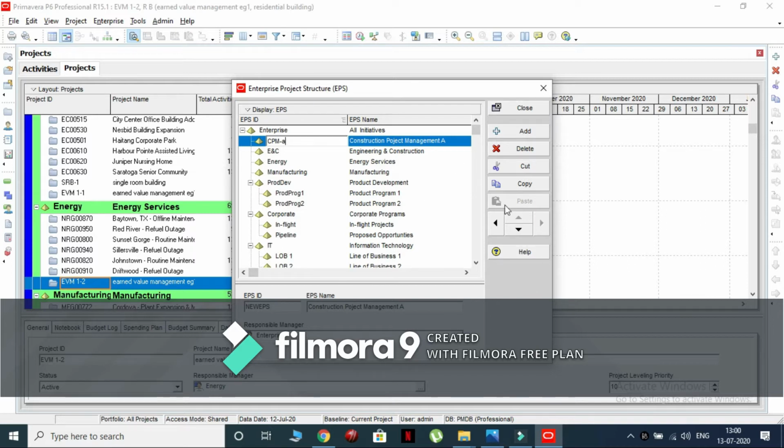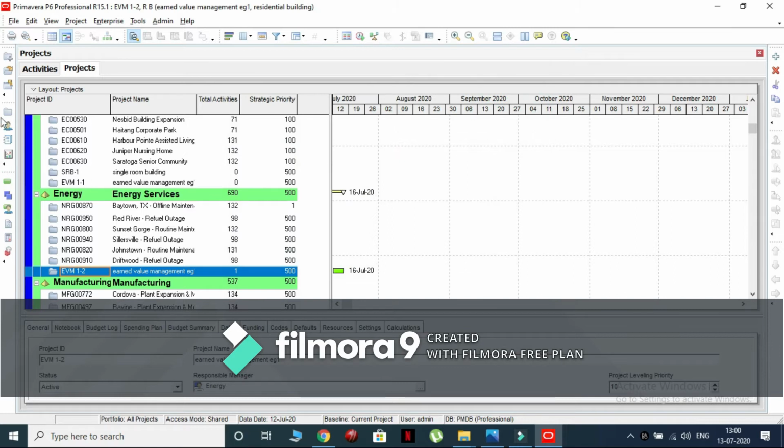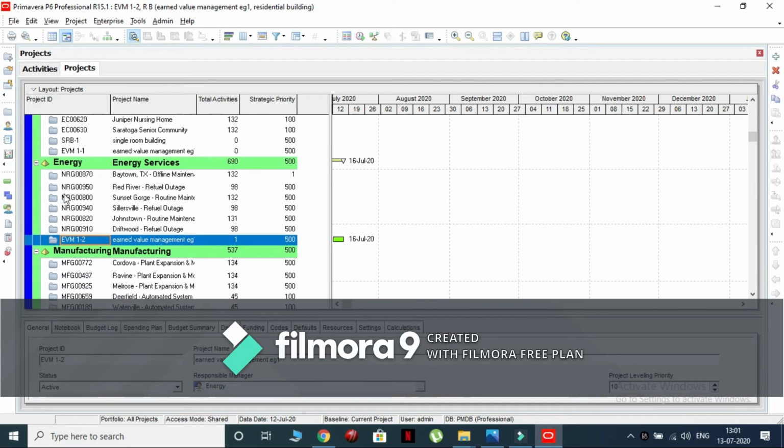Use shift keys to bring the CPM EPS outside the other options. To display the project windows, click on the icon, select the CPM option,